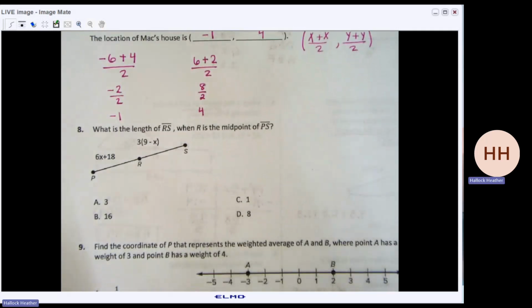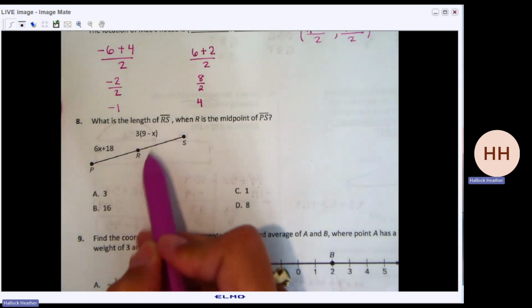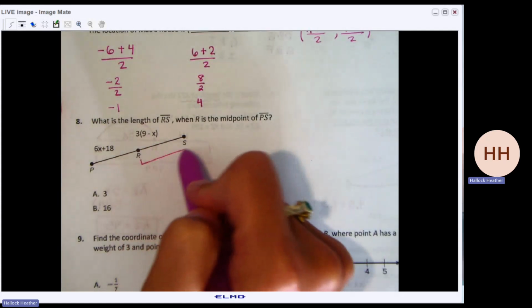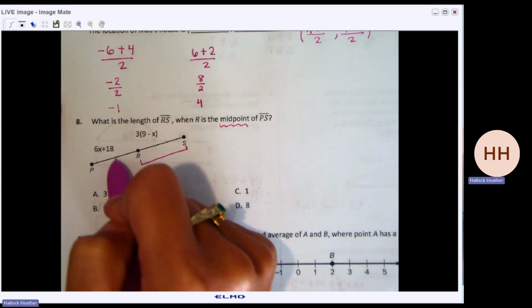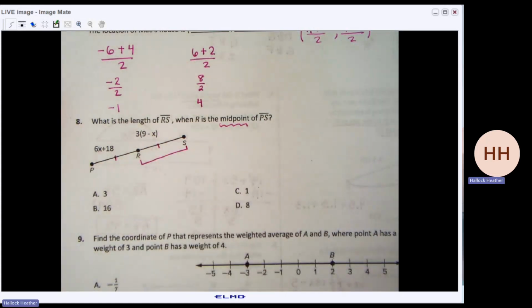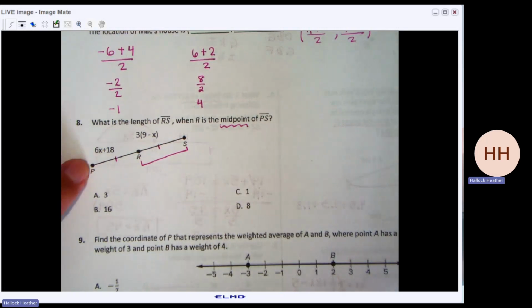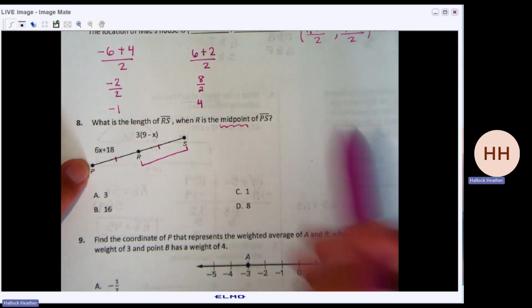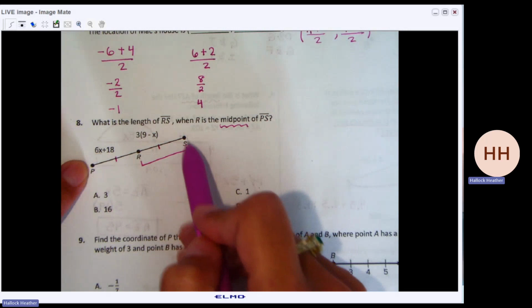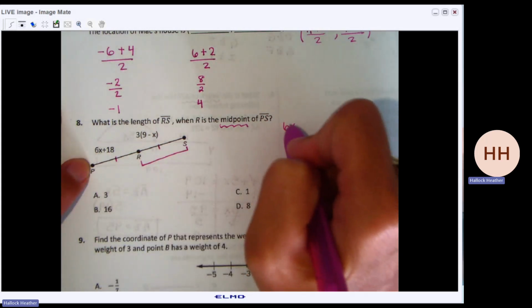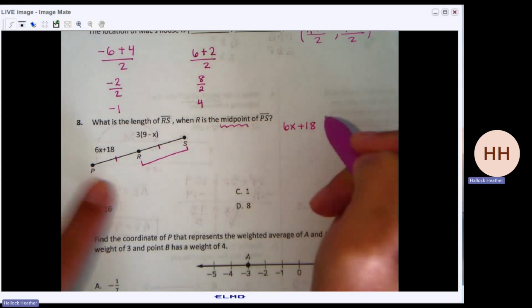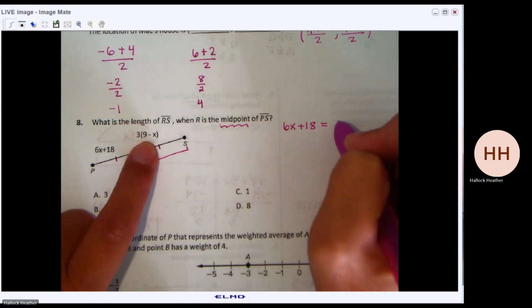Okay, question 8. What is the length of RS? So this is what I'm trying to find, when R is the midpoint. Midpoint means that these pieces are congruent. If it is in the middle, I can set them equal to each other. I don't know the whole distance. They're not giving me that for a reason. So I'm going to take 6x plus 18, and I'm setting it equal to 3, and then in parentheses, 9